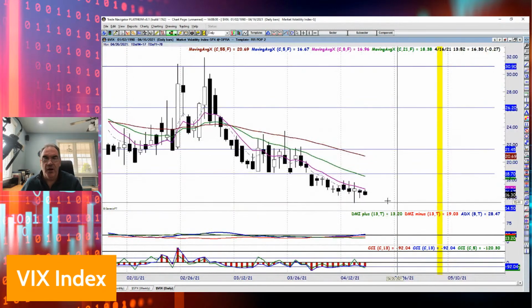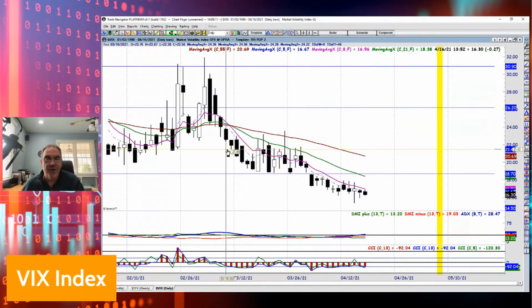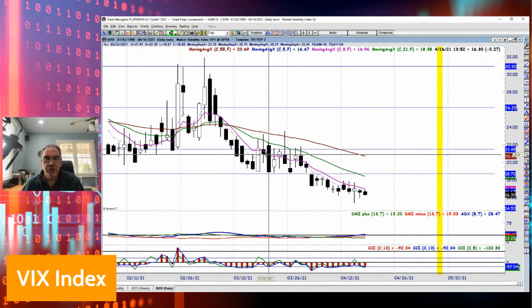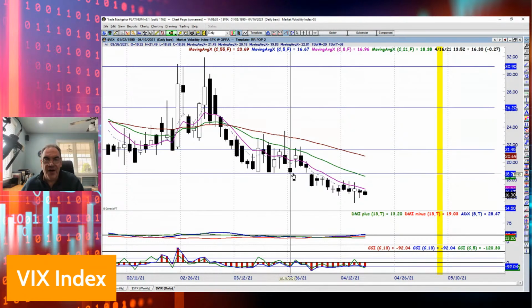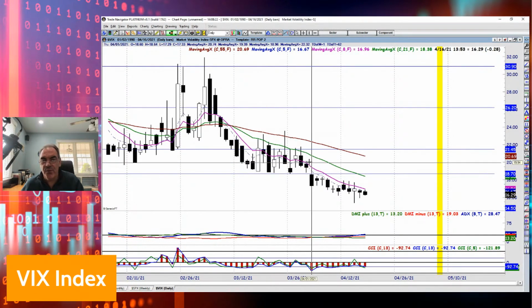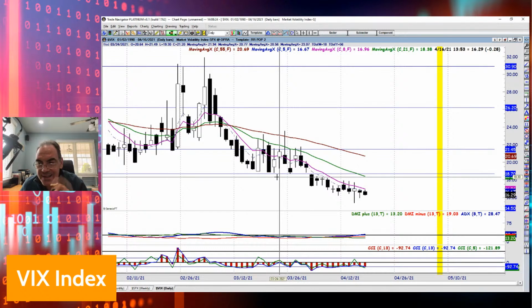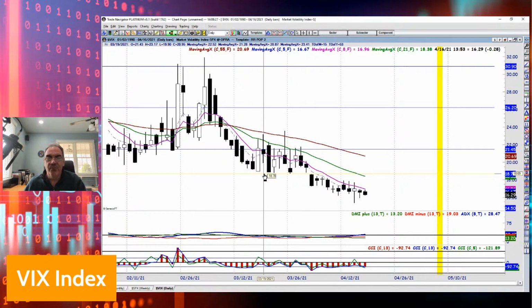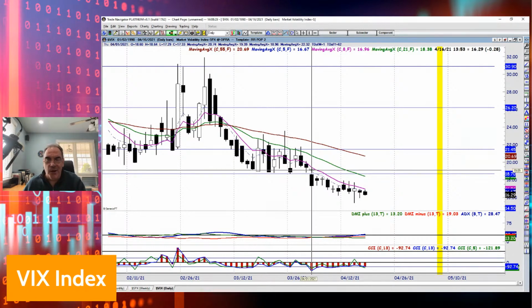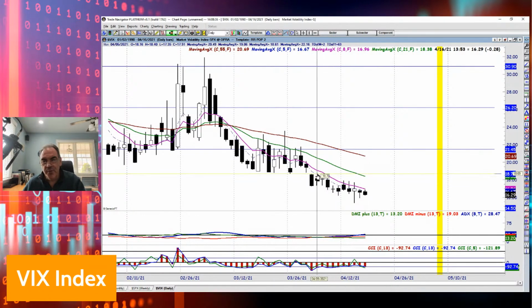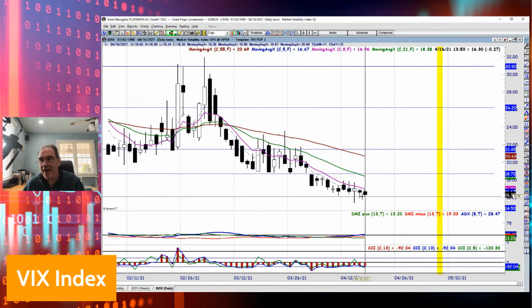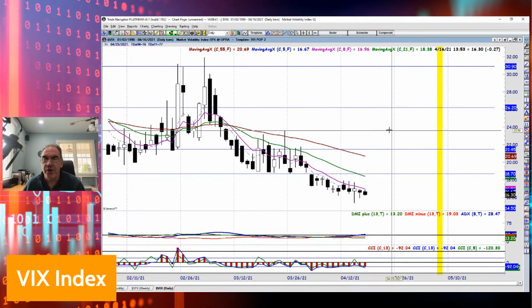Let me zoom in on it. So we broke that 21.45 level, which is right here. And then we started to live at this 18.70 level. And over again, 1, 2, 3, 4, 5, 6 days. In about that 3-week period of time, we came right down to that 18.70 level. And then it finally happened on April 1st, we broke through. This is the 8-period exponential moving average. We've been following steadily down that moving average to where we're at 16.30.